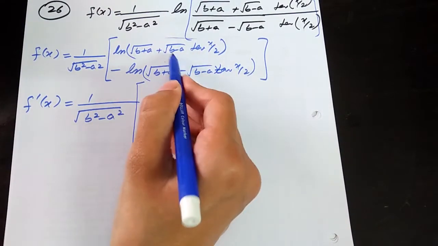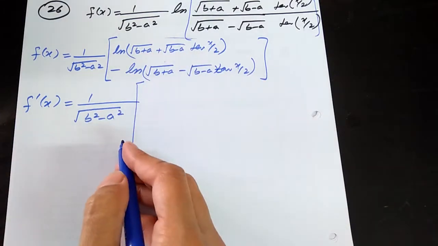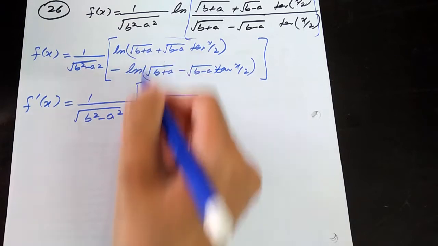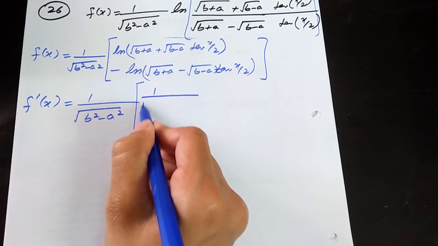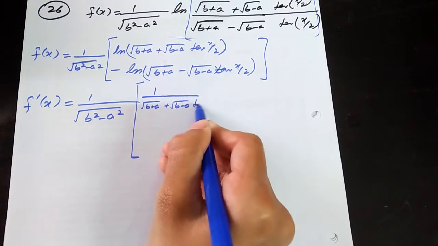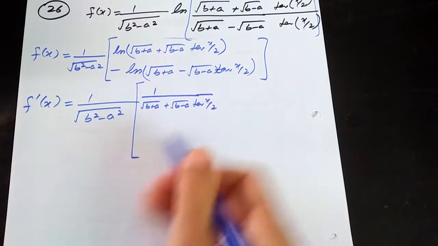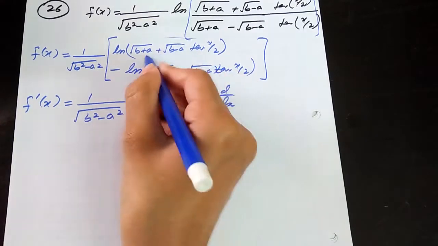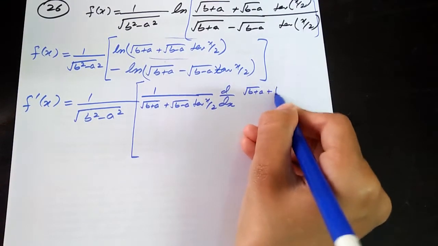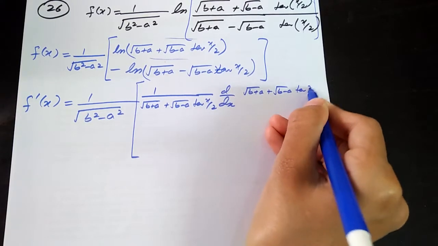Now the derivative of ln function is 1 over that function, that is b plus a plus b minus a tangent x over 2. Now d by dx of that inner function, that is b plus a plus b minus a tangent x over 2,